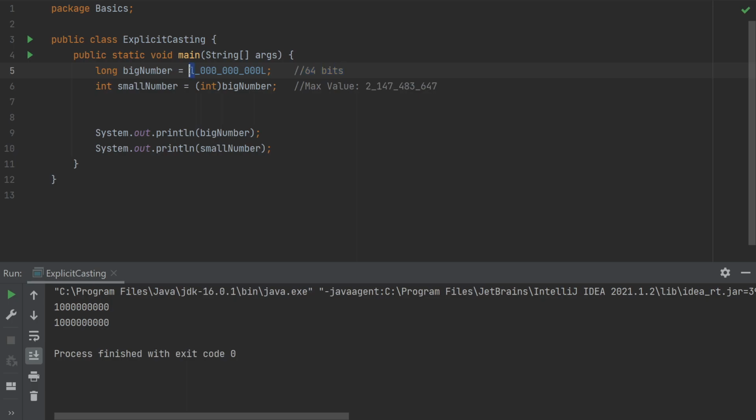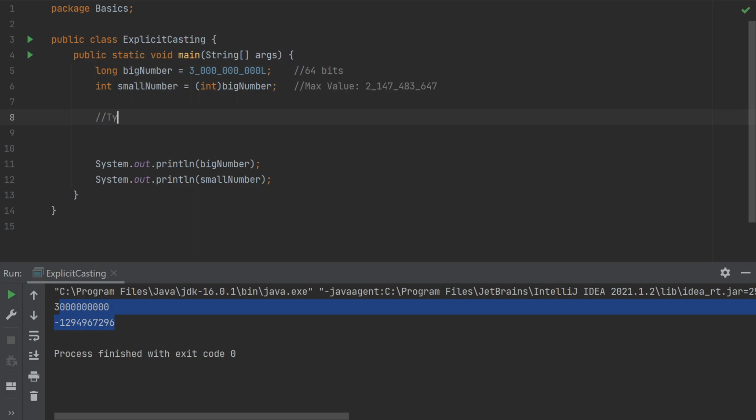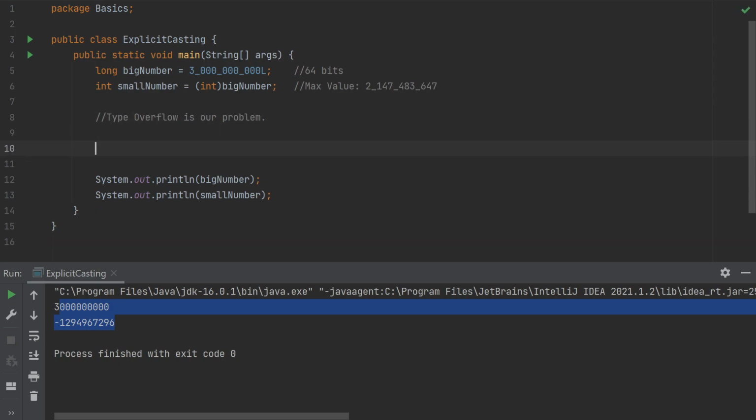But the moment I go a bit over, so let's say I go 3 billion and I press play, again, we're over that number and we get a type overflow issue. So here, type overflow is our problem. Now, in cases that this might be okay to cast, you always will have to do the final decision and